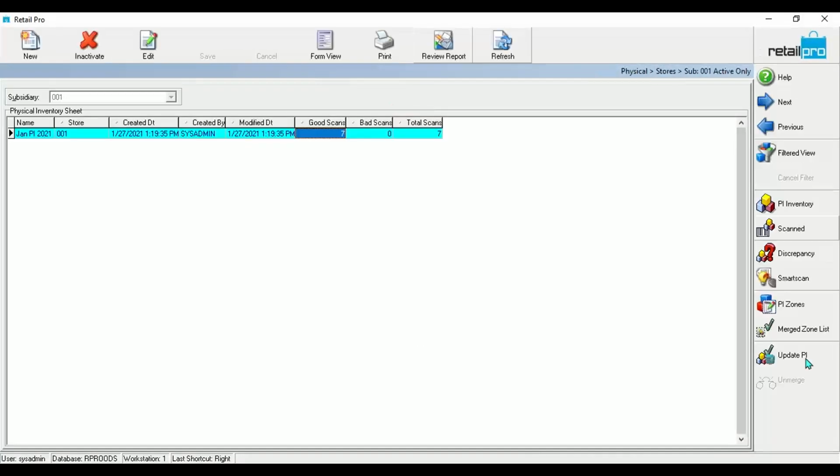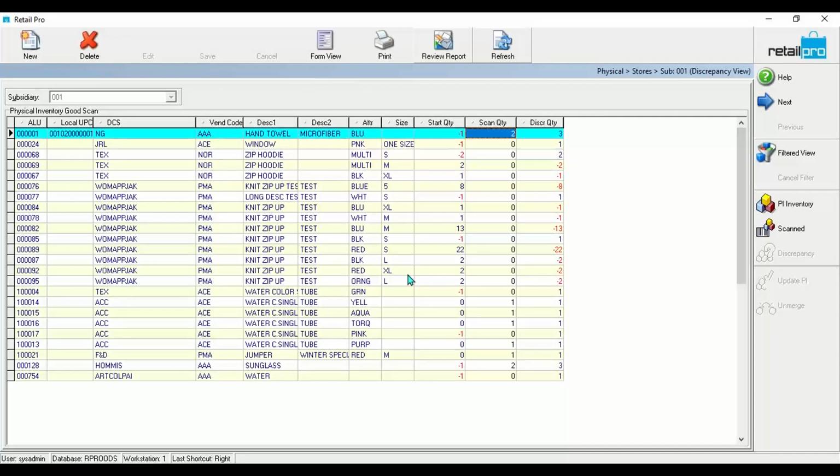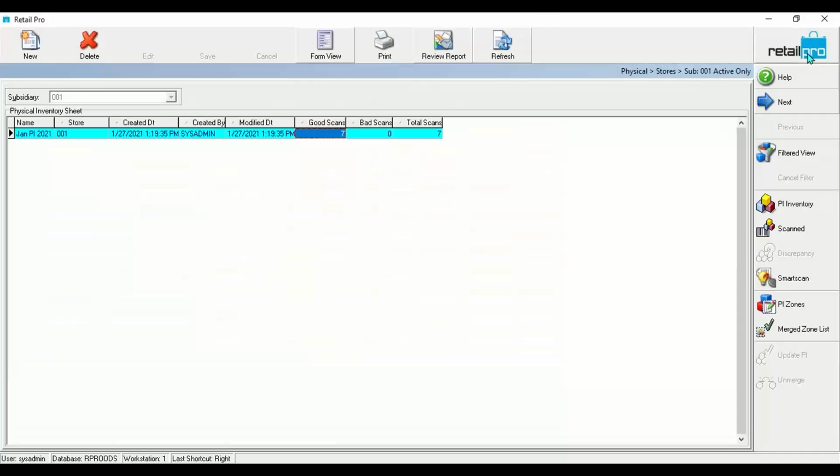All right. So dealing with discrepancies usually means we're going to select the discrepancies, maybe even the departments that we want to double check. Normally, I'd say you want to reserve your energy for those mission critical items. I don't really mind if I'm off by two or three chapsticks. I very much mind if I'm off by two or three necklaces. So I might focus my energy on checking those discrepancies. You can always back out of your PI entirely,